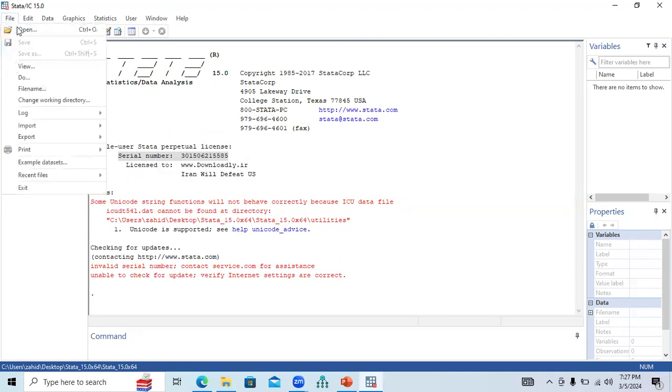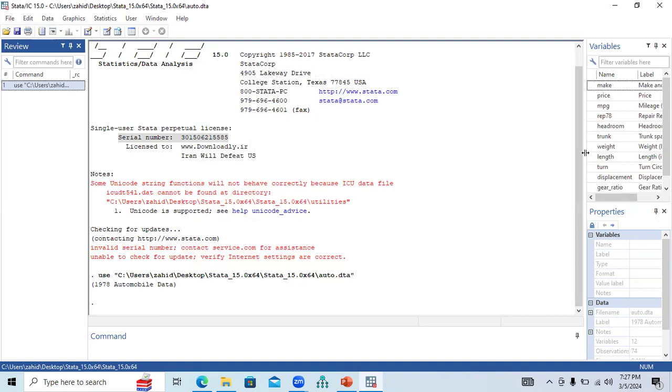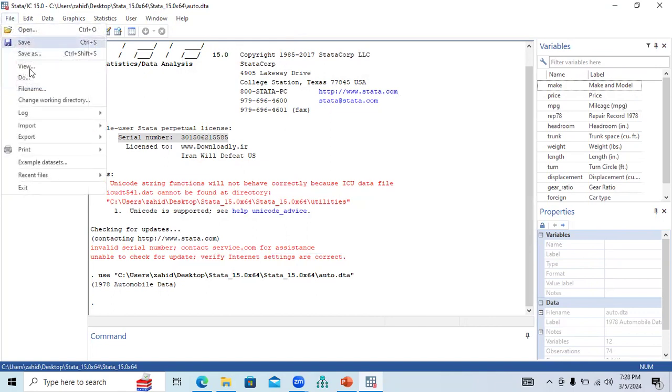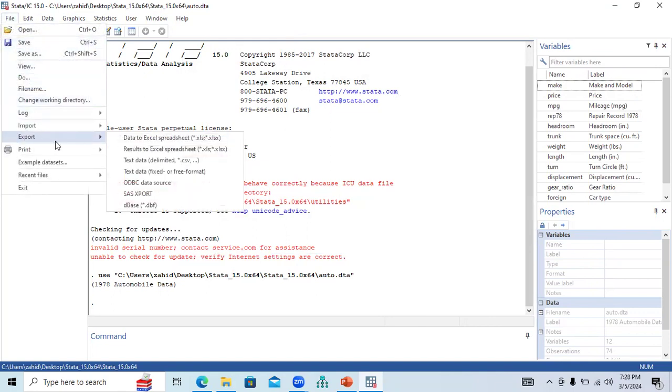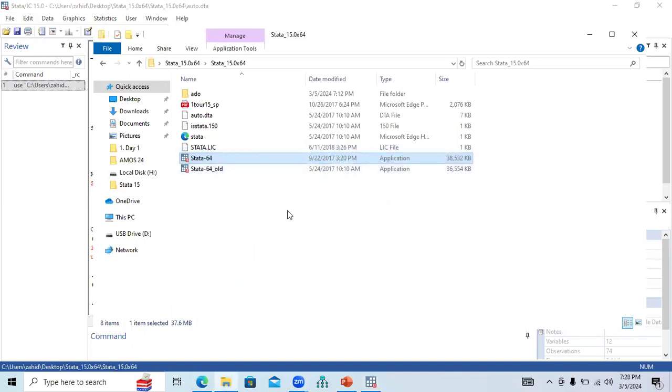For example, let's suppose I would like to open that file that I have shown you, auto.dta. This is basically a Stata file. So I double click it and you can see that on the right side, the variables are appearing. These are the variables contained in this file. Let's suppose I would like to export this file into some other formats. So I go to export, I go to XLS. It is giving an error because it is already not